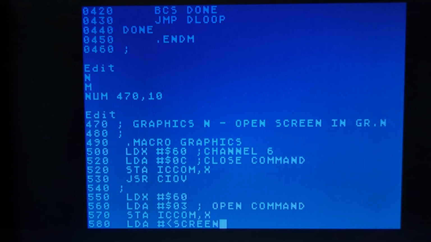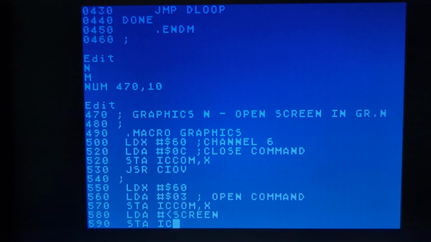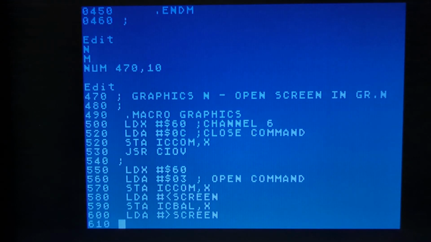Again, you remember we have in our other, this is the address of a buffer that holds the device name. So this is going to be in our demo program. It's going to be S: for screen, and we store that at buffer address low, the low byte. And the high byte of, now right here, this is screen, which is S:,